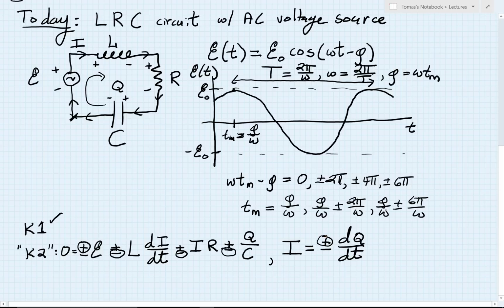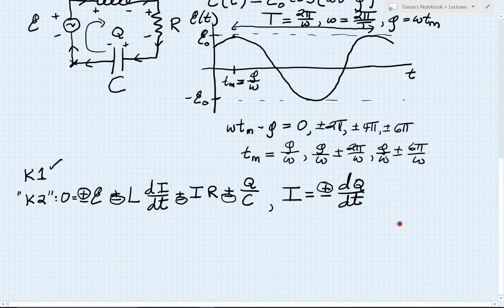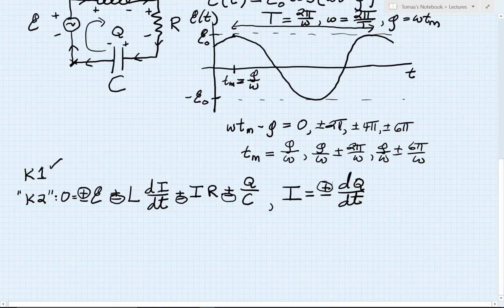Okay, now we actually do have our two equations and two unknowns. It's time to solve these equations, and the best way to solve two equations and two unknowns, as you all know, is simply to substitute one of those equations into the other. So that's what I intend to do. I'm going to do a few steps of algebra at once here to save a little time, so follow with me carefully. I'm going to rewrite the K2 equation. Now this equation, notice, has minus signs for all three terms, for all of the circuit elements except for the EMF. So I'm going to say that the EMF equals